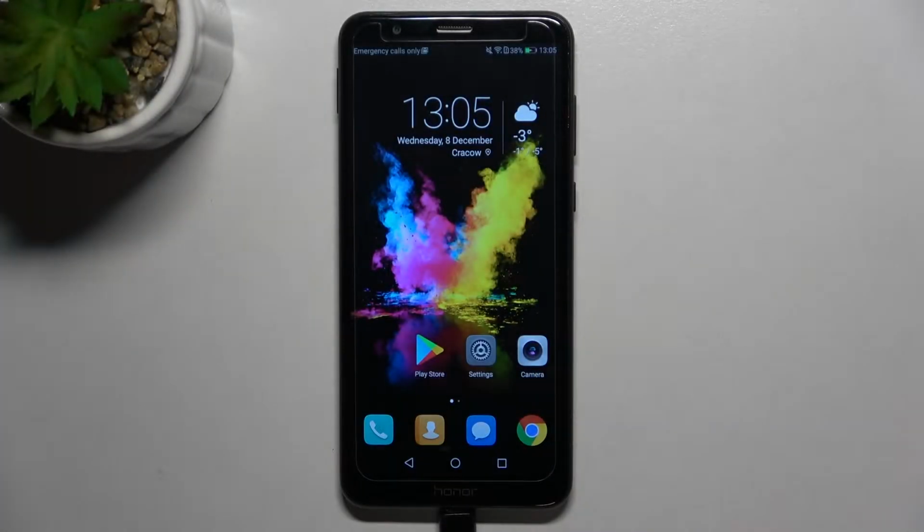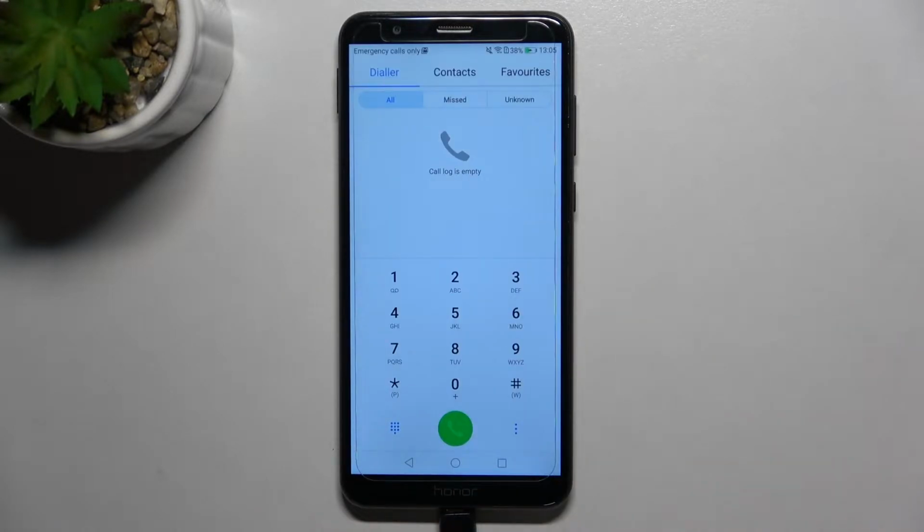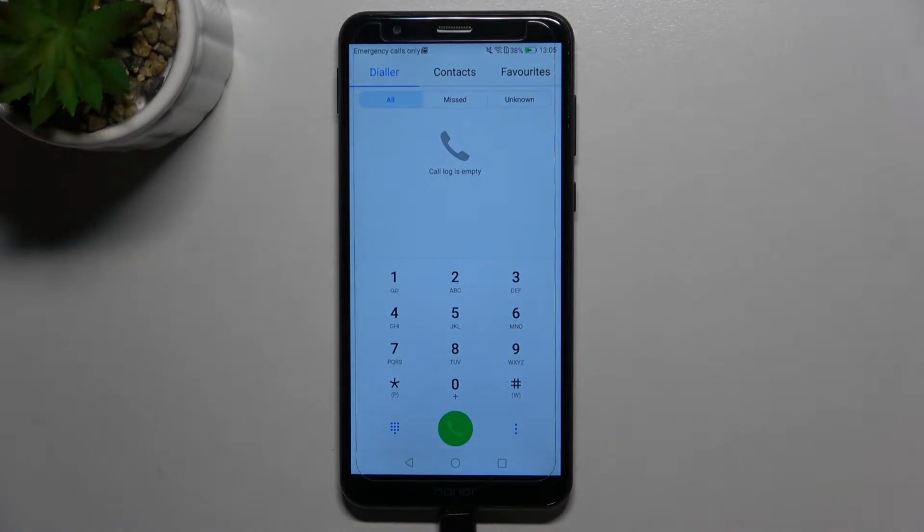Hi everyone, in front of me I've got Honor 7X, and let me share with you how to use secret codes on this device. So first of all, we have to open the dialer because this is the place where we will enter all of those codes, and let me begin with the shortest one, which is